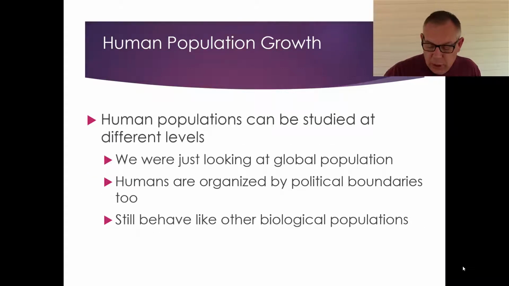And when we look at the humans, just like other populations, we can look at things at different levels. And so we were just talking about the global human population. But humans, again, because of our social structure, we organize ourselves by political boundaries, right? And so we can talk about the population of the United States and the population of China, but we can also talk about the population of Kentucky or the population of Murray. So we can look at these at different levels and try to find out what things are important at different levels, but still,